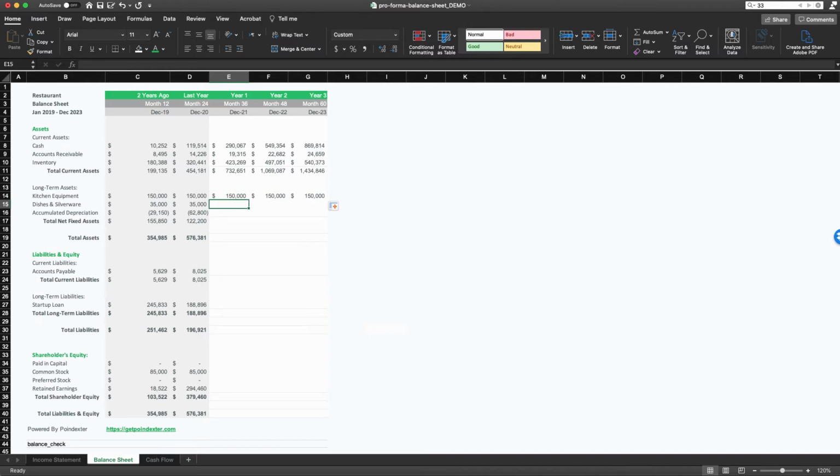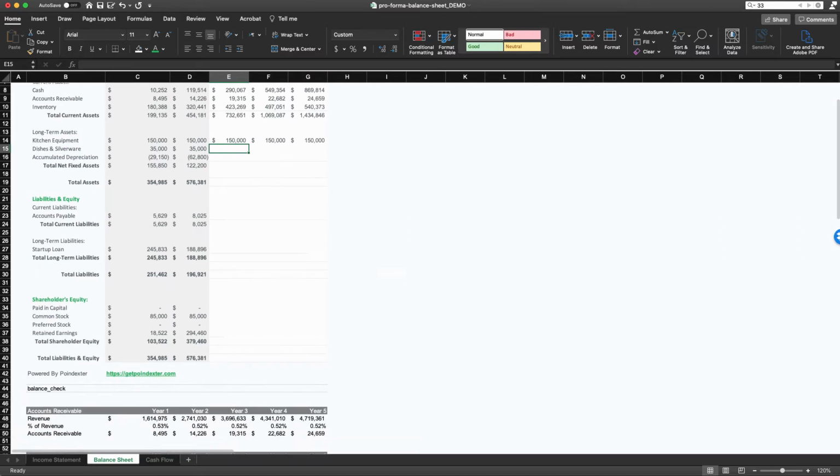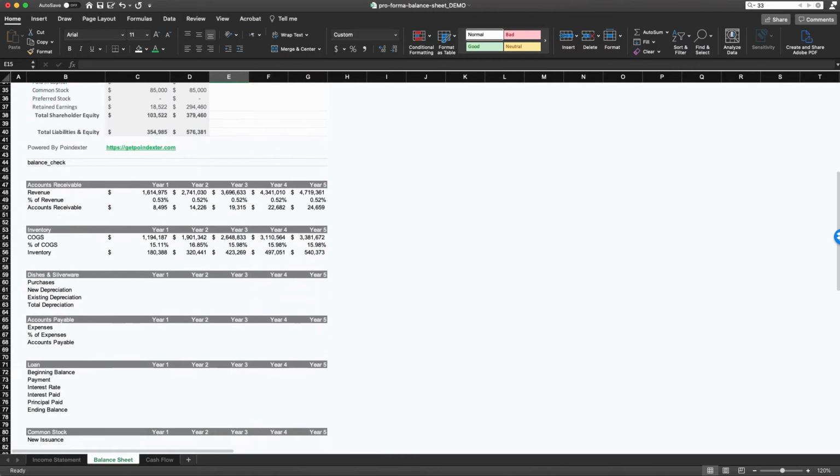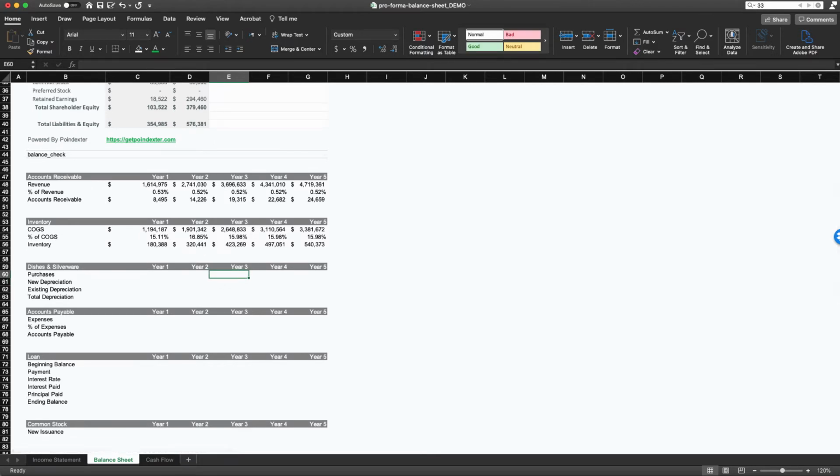However, if we're going to purchase new equipment, such as dishes and silverware, because possibly dishes keep breaking or getting lost and silverware is thrown away or stolen by the customers, hopefully not. But what you can do in this situation is purchase some more, and we'll go through what that entails down below right now. So we have our dishes and silverware section set up, and let's say in year 4 we want to purchase an additional $25,000